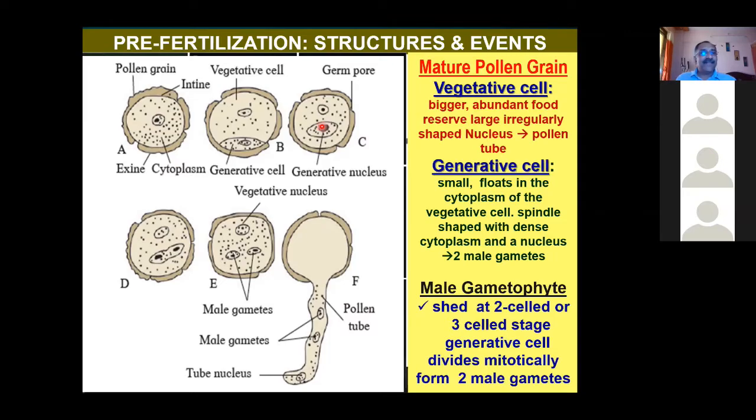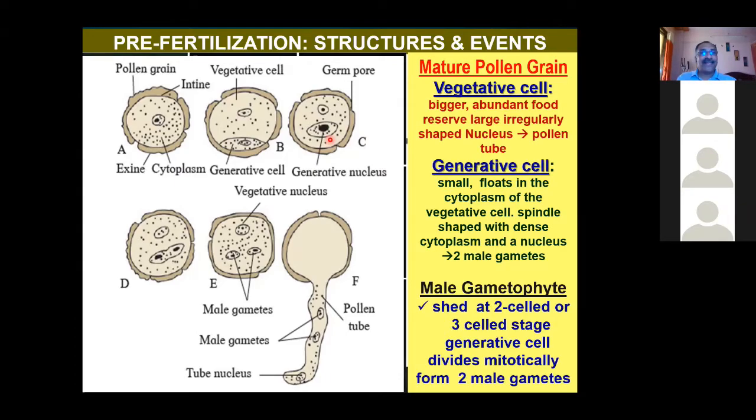Everybody writing diploid. Okay, tell me, pollen grain is haploid or diploid? Sakshi, you have written H. You are talking about pollen grain? Yes, pollen grains are haploid. So pollen grain is a uninucleated structure. If pollen grain is haploid, what about the generative nucleus of that pollen grain? Diploid or haploid?